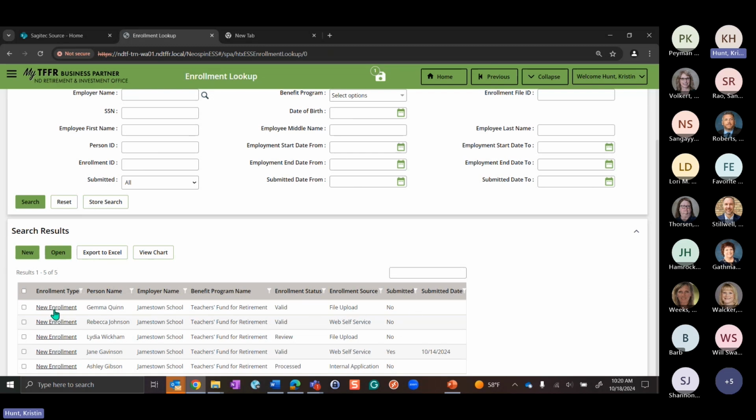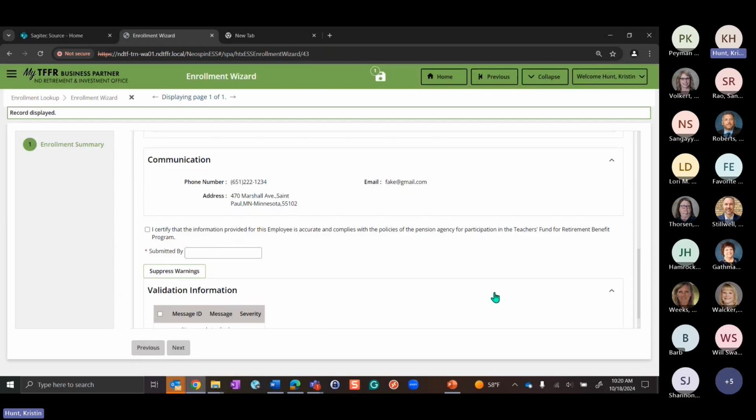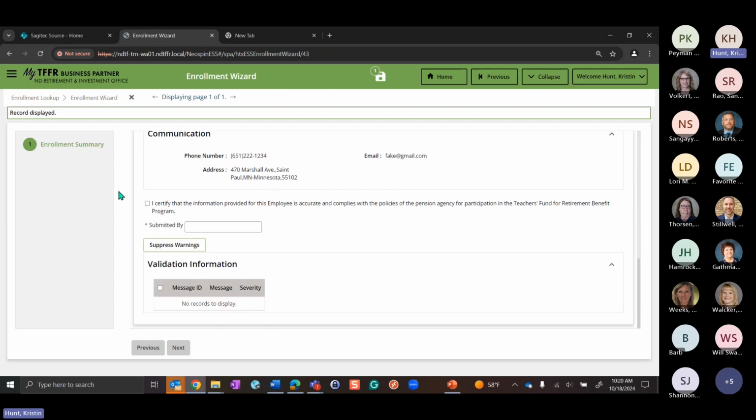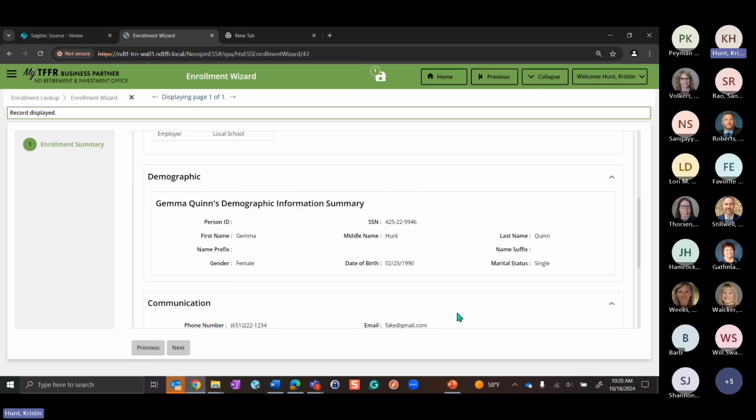So you can go in here and do it one at a time. If I click on that, it takes me to her enrollment summary with the certified, submitted by, and suppress warnings options.